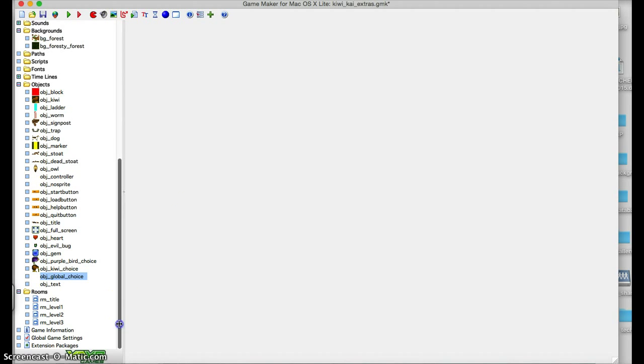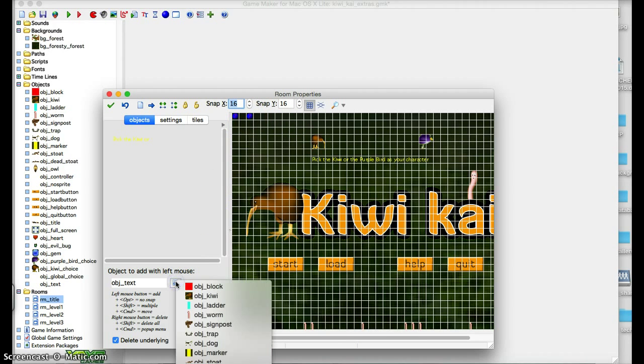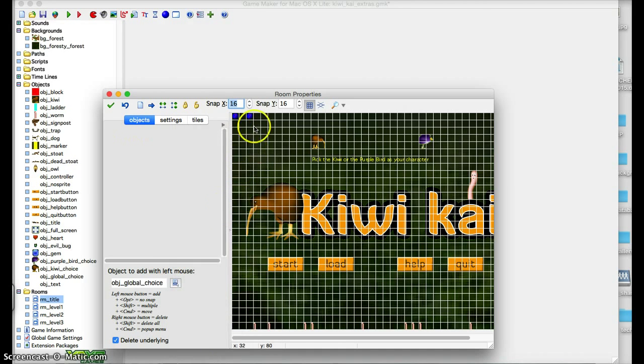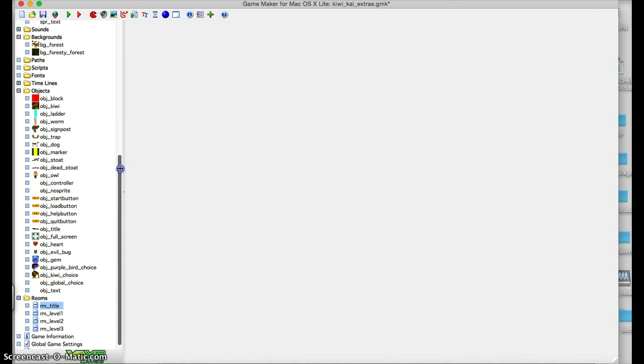So let's just go into the room, and I'll get onto that later. But if you just place an instance of your new object, mine is object global choice, I'll just place one in the room. So it's much like your controller object. The next thing that we need to do,